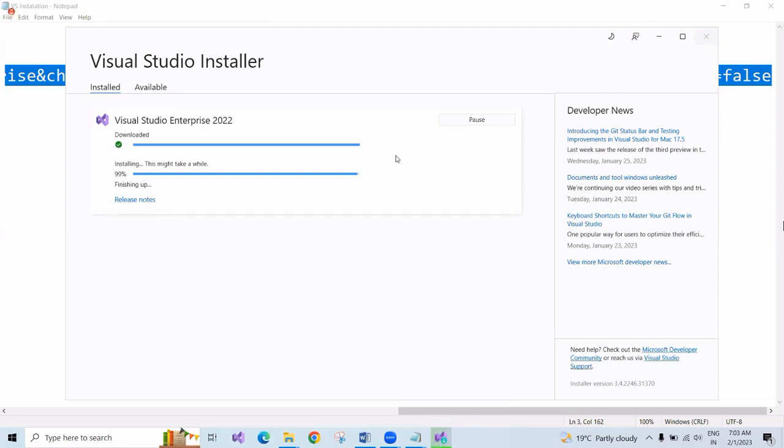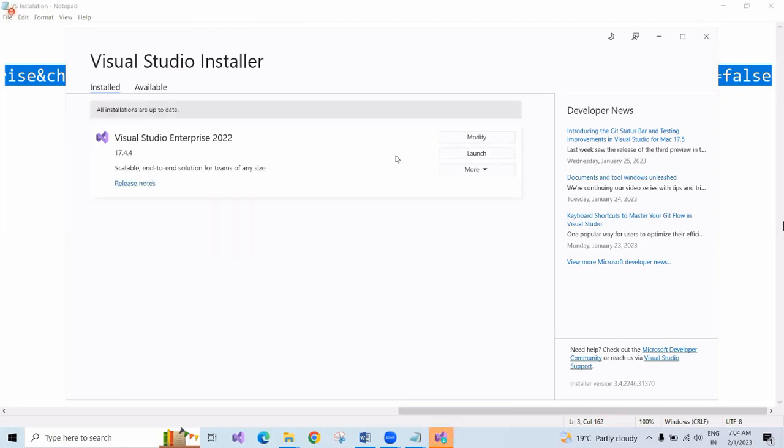I think Windows 7 also will support, Akash. Yeah, 1 second. So 1 second, guys.